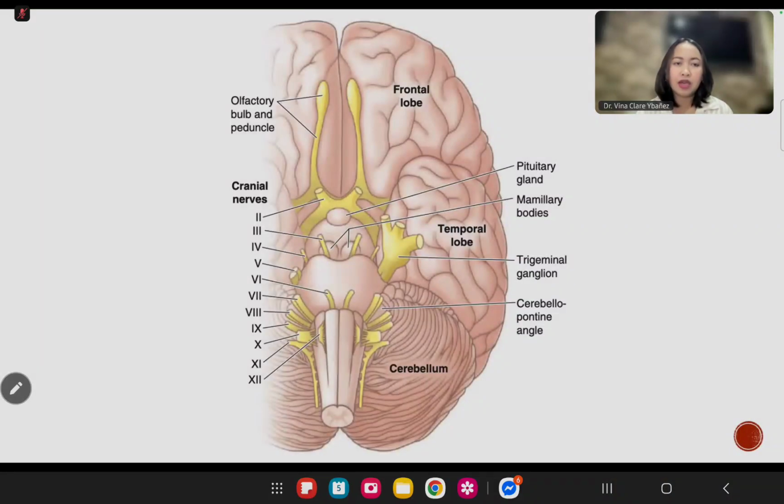as a group because of their close anatomic relationship to the brainstem and to one another. So they tend to be involved together in a variety of disease states. Nine out of 12 cranial nerves connect directly with the brainstem, except for cranial nerve 1,